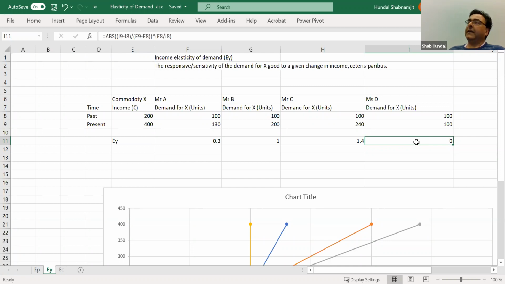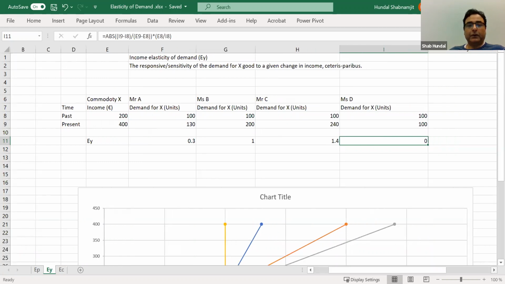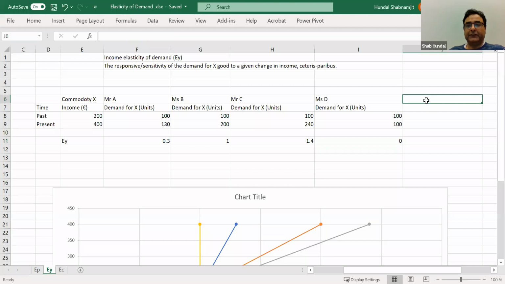Once again, the same arguments hold that if you are a firm, you want to launch a new product, a new process, a new service, you should be very careful about what type of reaction, what type of sensitivity the consumers have. And once you have it for 4 consumers, and if we have this prototype, we experiment on 4 consumers, we can also have the market demand as well.